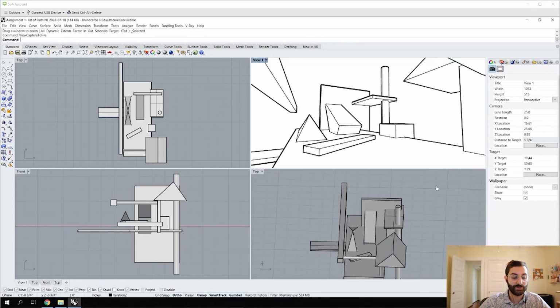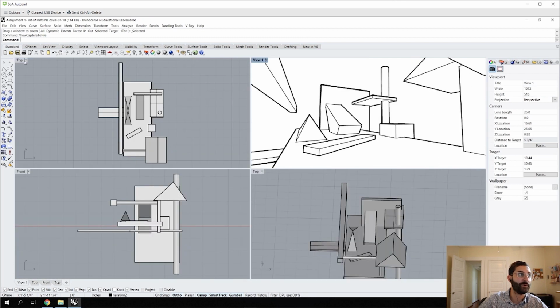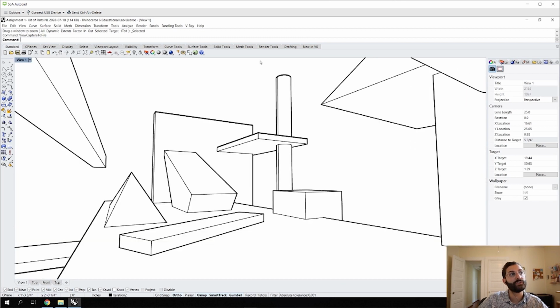So throughout the process, you should be iterating and creating screenshots of your design in progress so you have work to show for the final. If you double click this to make this full scale, I would export the view from here instead of the 4-square view, because it'll be a higher quality and resolution. So click this, and then if you double click that and type this command, view capture to file, it'll open